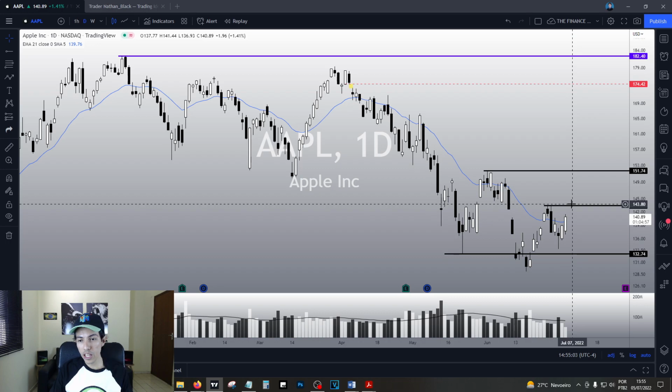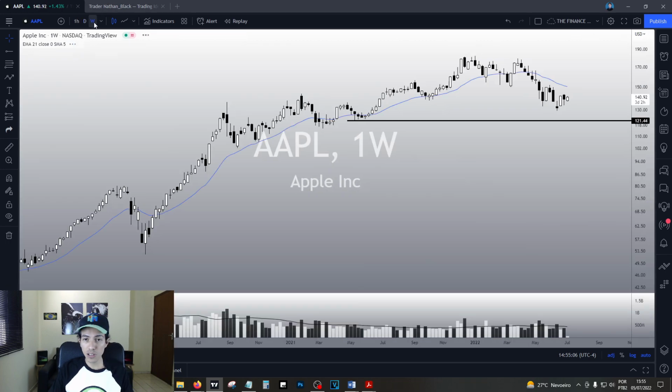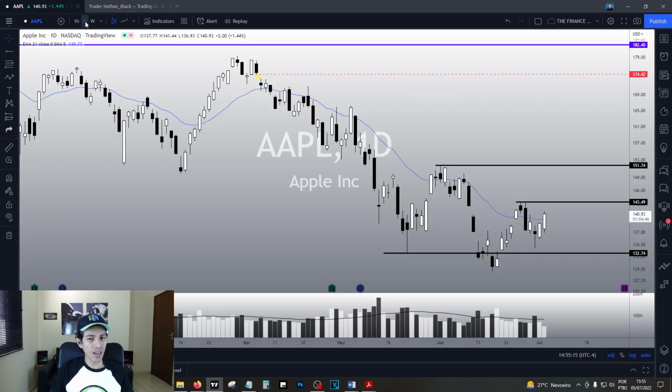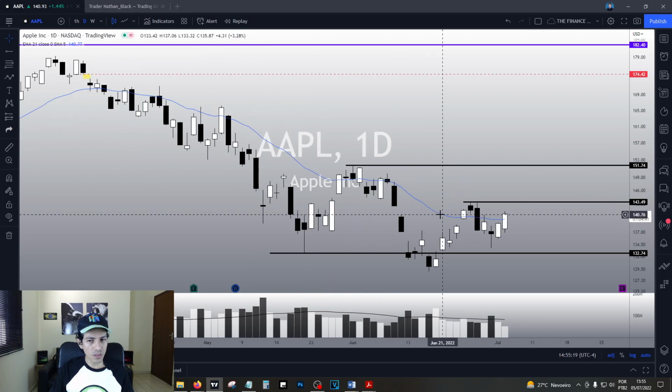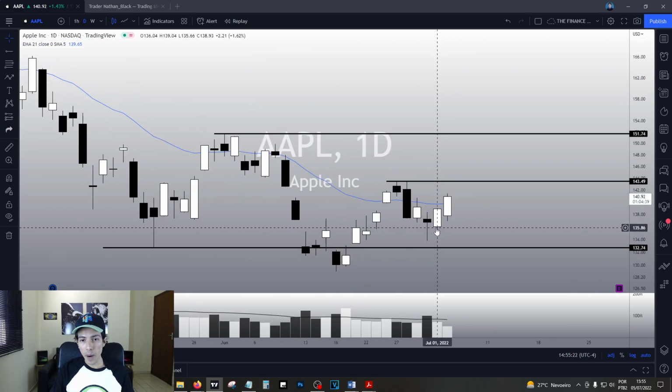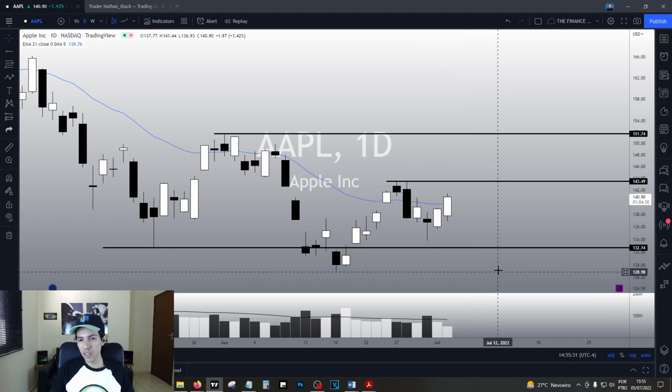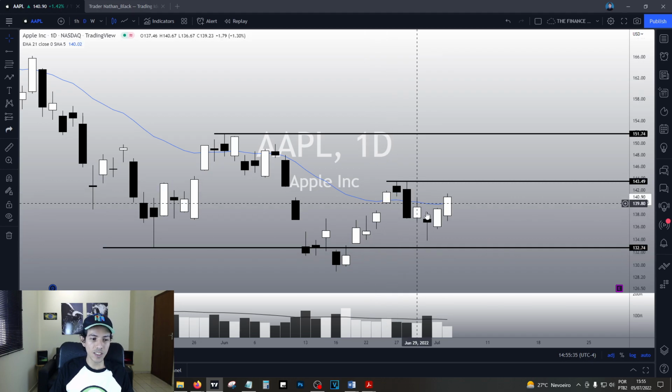What if we don't break 143? Well, in that case, you're gonna drop to lower levels. In the worst case scenario, I see Apple at 121 down here. If you ask me, my personal opinion, I don't believe you're gonna hit there. I do not, but I don't discard it completely. If the market actually turns bearish and something bad happens, I think you're gonna retest the $130 again easily. But this is it. This is as far as I can go. Ideally, I'd rather prefer to see Apple breaking this pivot point.